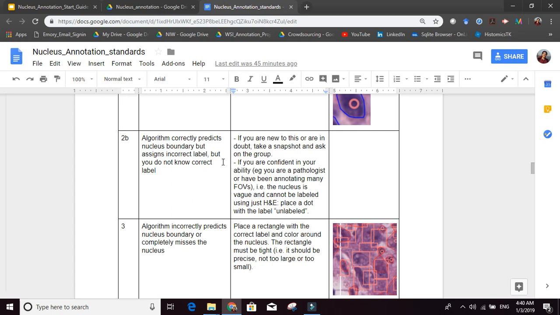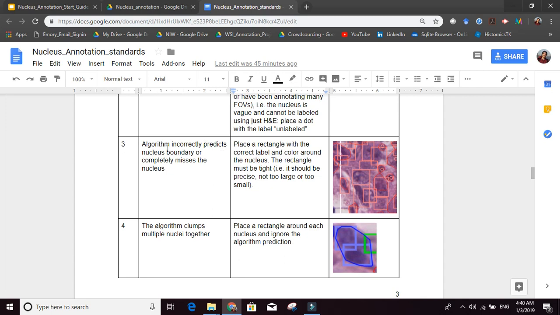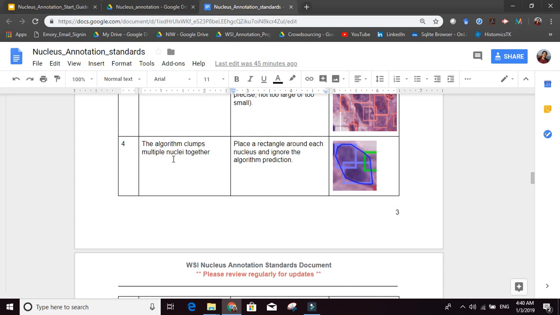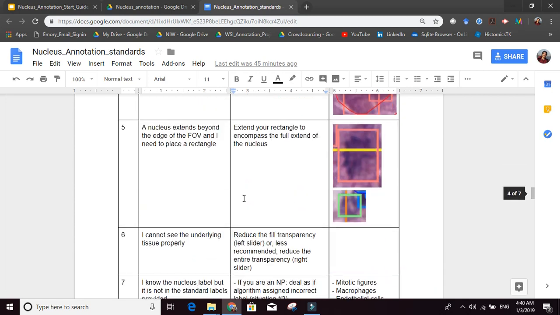If you're not new and you know what you're doing, then you can use the unlabeled label. We already talked about that. The algorithm incorrectly predicts the nucleus boundary or completely misses the nucleus, and this is where we said you would use the rectangle. The algorithm clumps together multiple nuclei. Again, you'd use the rectangle as if you don't even see what the algorithm said.